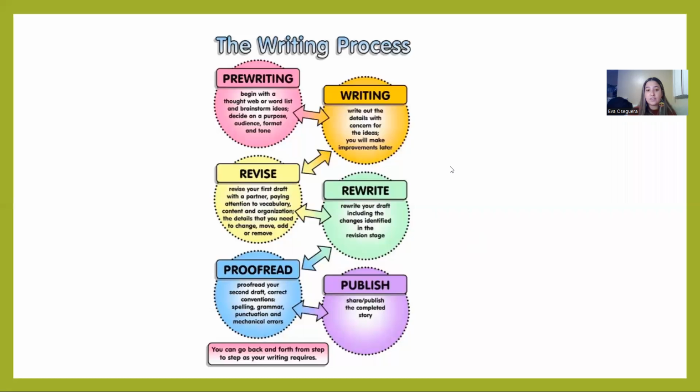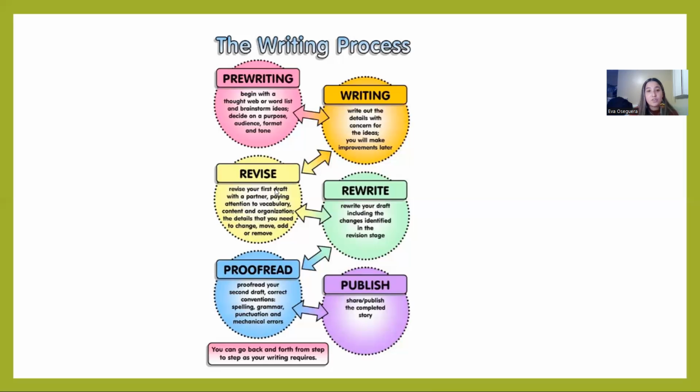And I love this picture. So it shows the writing process, and it starts with pre-writing, begin with the thought web or word list, and brainstorm ideas, decide on a purpose, audience, format, and tone. And then there's writing. So write out the details with the concern for the ideas. You will make improvements later. So that's just writing without worrying whether it's good, whether it has the punctuation. You just let it all out, express yourself, write it down,